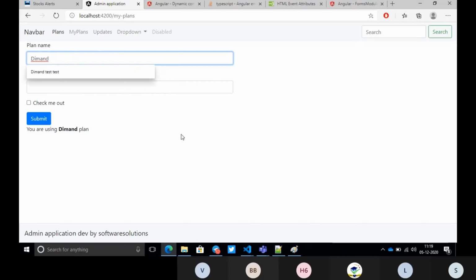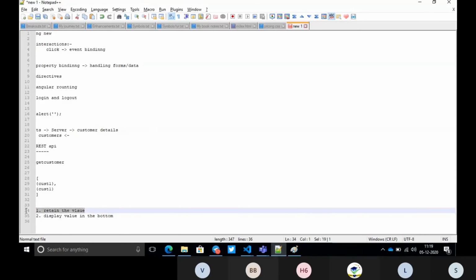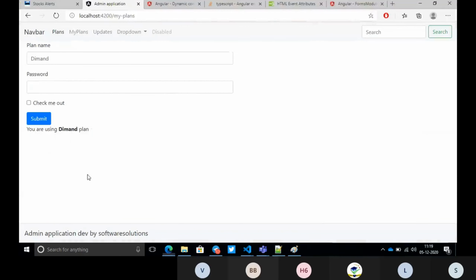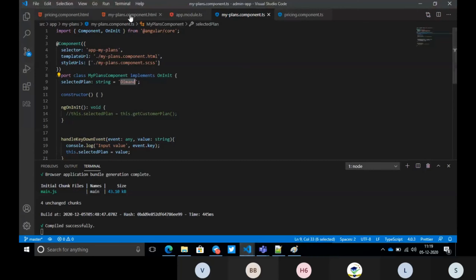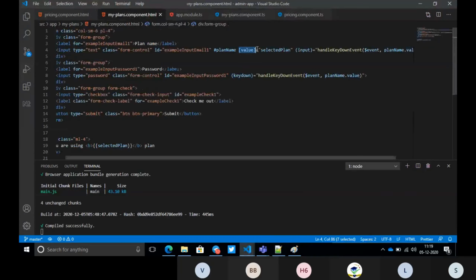With this approach, the first thing is we have written the value using one-way binding. Let me explain. These brackets mean that whatever value is on the right side will be stored into this value. That is nothing but property binding.